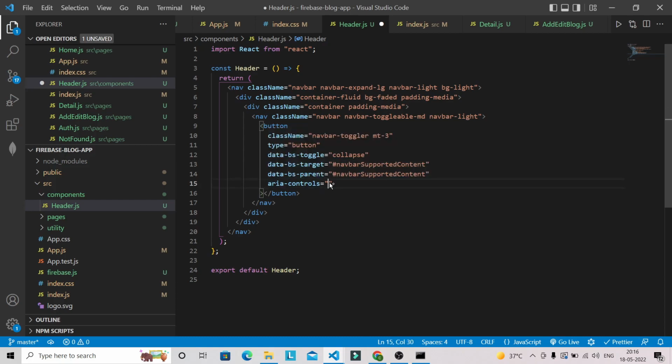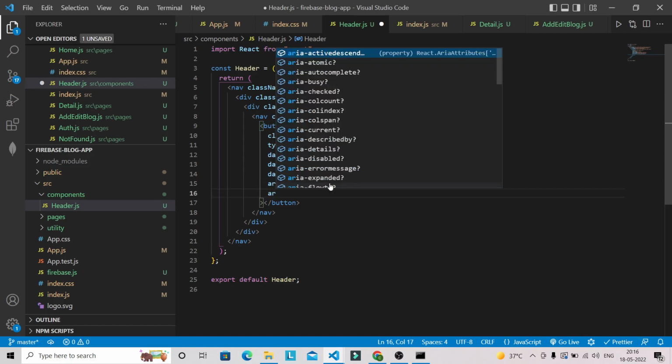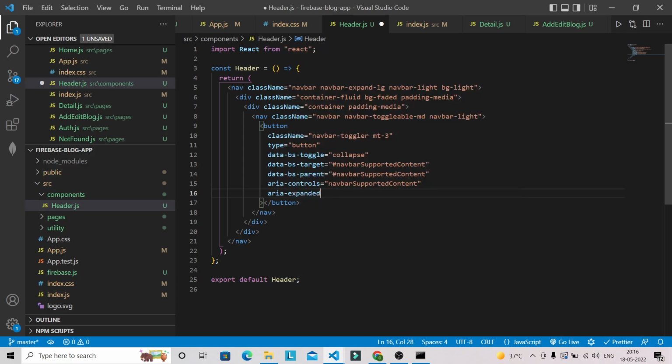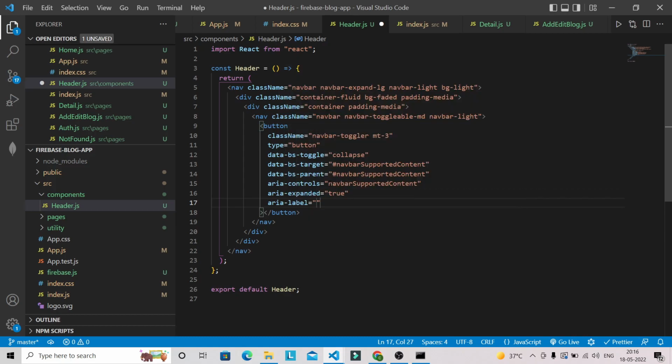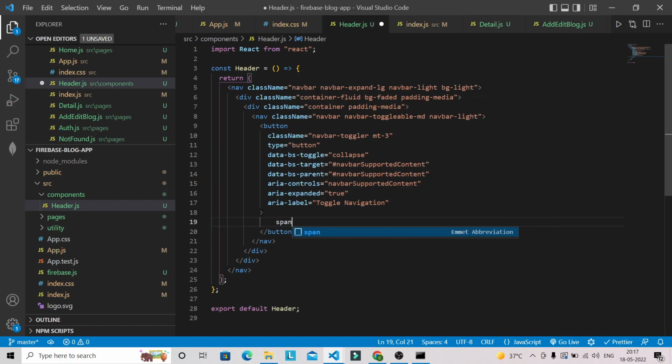Okay, then aria-expanded, and we can give true here. aria-label we can give here, that is toggle navigation. Okay, now inside that button I'm going to have a span tag with the class name fa fa-bars. Okay,